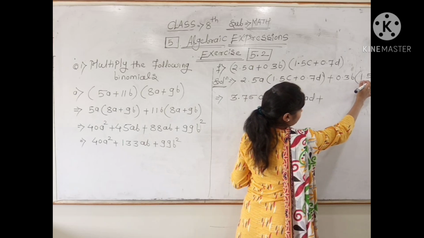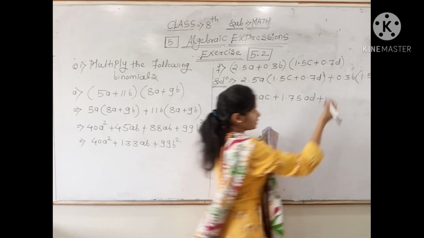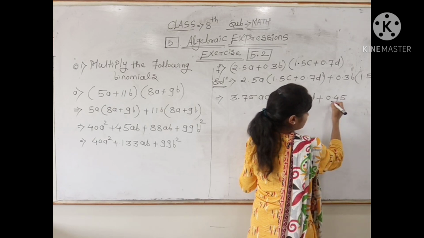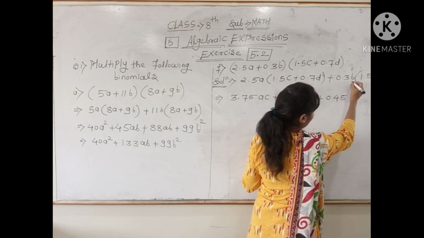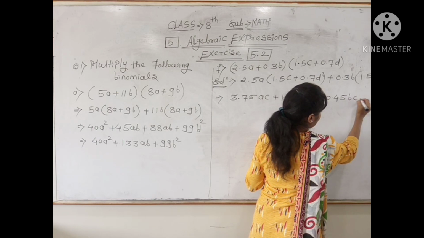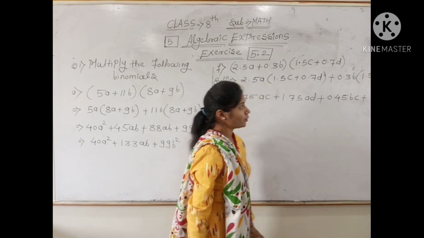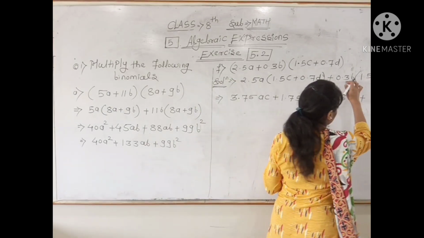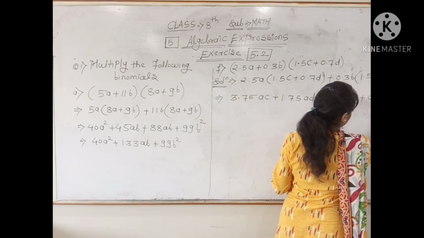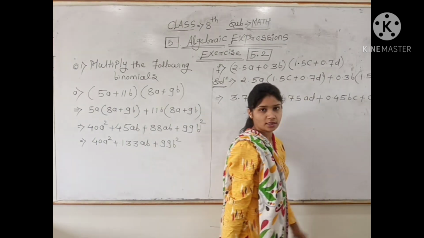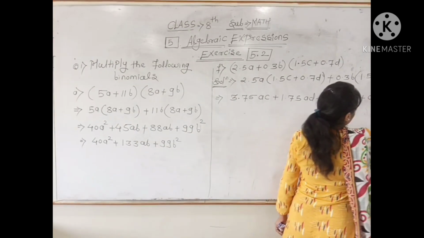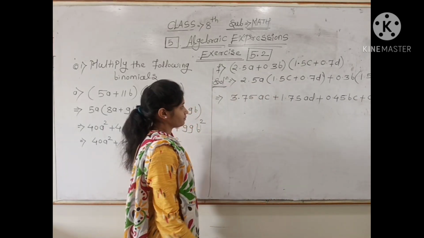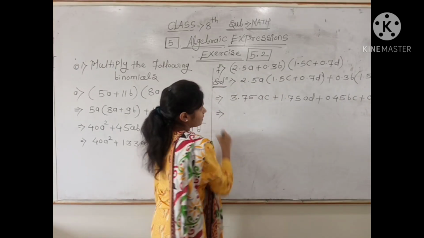Then after that, next 0.3b is multiplied by 1.5. All of you know that 15 3s are 45. Then what is the answer? 0.45. 0.45 b multiplied by c is BC plus 0.3 again multiplied by 0.7. What is that? Directly, 7 3s are 21. Before the two digits you have to put the decimal point. B multiplied by d is what? BD. Understand? Okay.